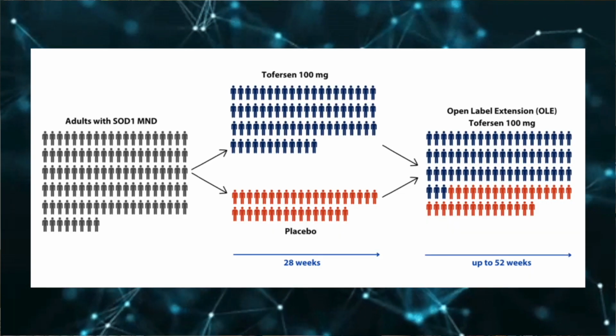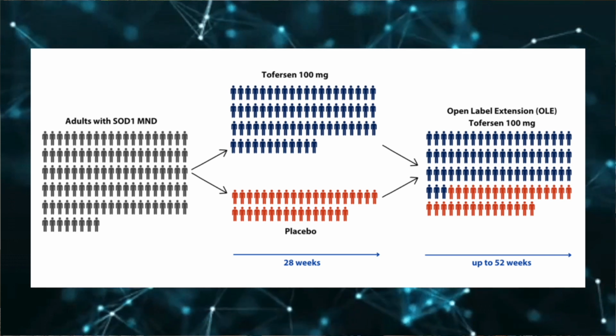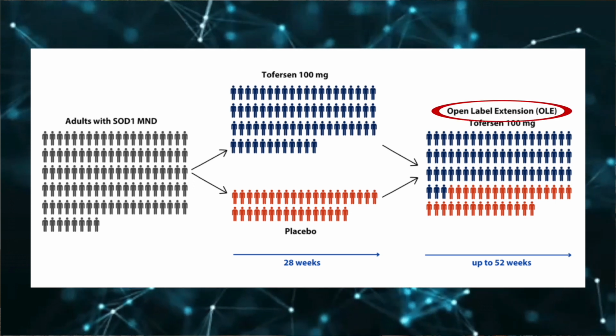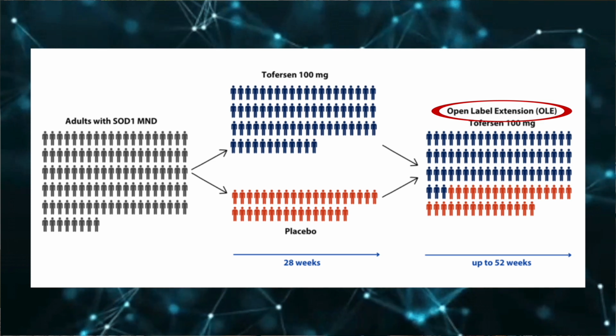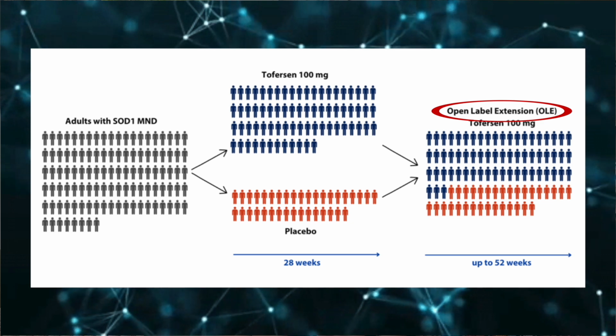So, due to the convincing evidence from SOD1 and NfL changes, the researchers decided to continue the trial past its expiration date, basically giving all patients, both those who originally received placebo and those who received treatment, the opportunity to switch to the drug and take it for another 52 weeks. This is called an open label trial because now we know that everybody is on the drug. There's no placebo group anymore, just those same patients from earlier seeing what happens when you take the drug for